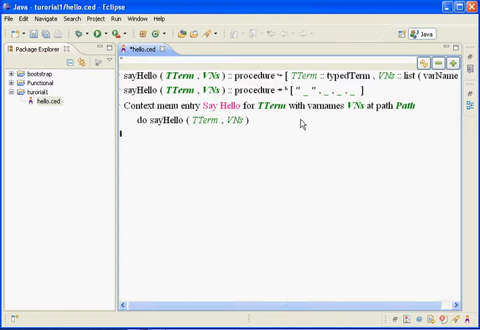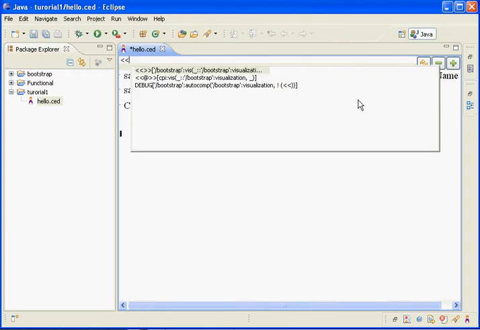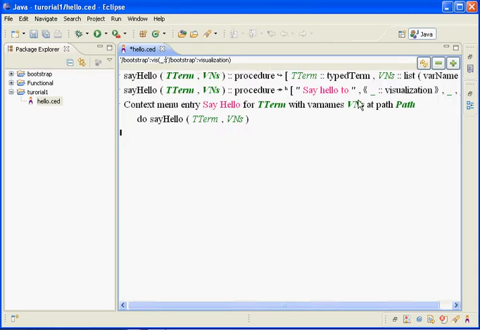Here this label will say hello to. Now I need a placeholder for the typed term. So I do a double angle brackets and select it, and I will just copy and paste the type term from the